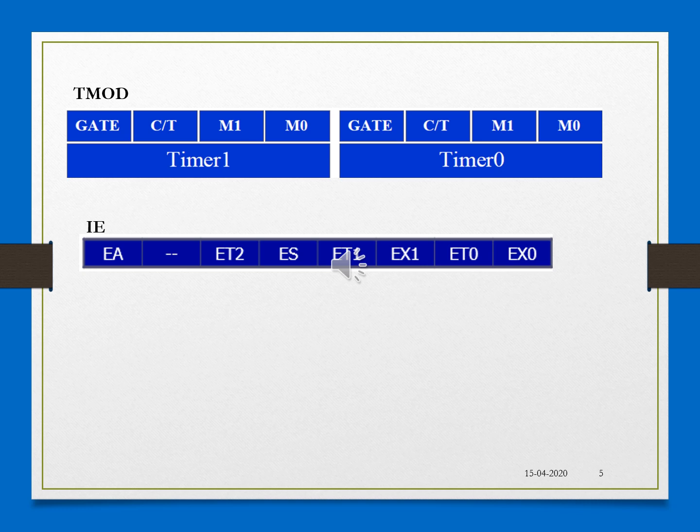Then the other register which you have to use in this program is the interrupt enable register. Based on which interrupt you want to generate, that particular bit you have to enable. So here EA will obviously be enabled, because all interrupts have to be enabled, which means EA has to be made 1. Then you are using timer 0, so the second bit, the bit next to the LSB, will be used for the timer 0 interrupt, right?